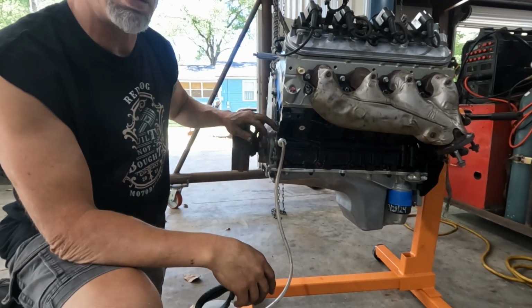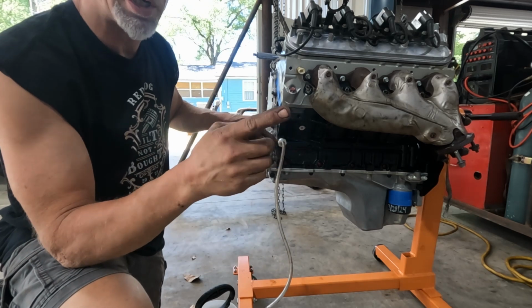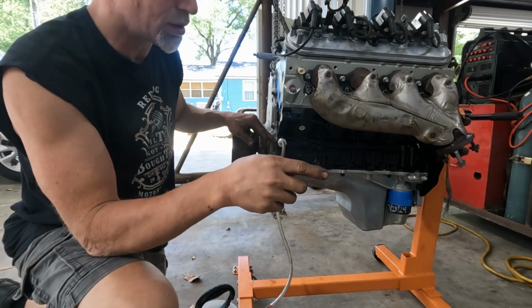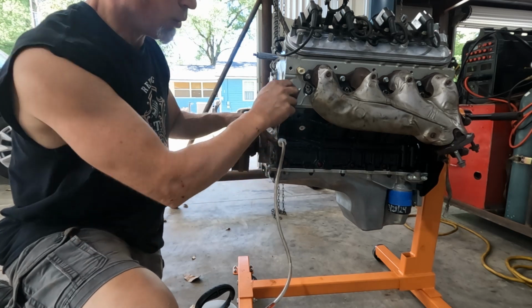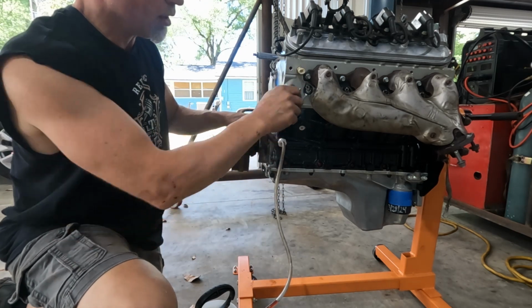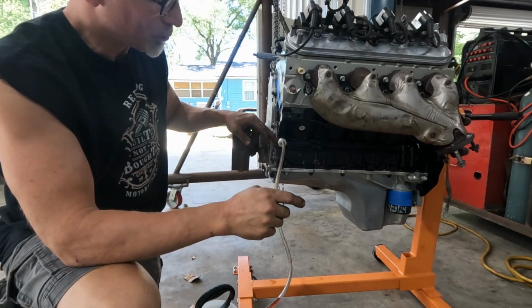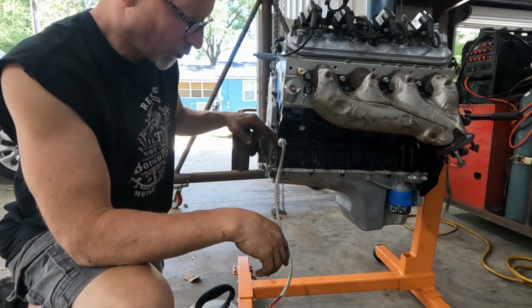But before I install it, I want to go ahead and oil this up. I told you we were going to do it 3 ways. One was I was going to pour the oil in and just get kind of a coating of oil on stuff. 2 was I'm going to pump it up. And 3, while I have the spark plugs in the holes right now just to keep debris from getting in there, they're not tightened in, they're finger tight. So I'm going to take those back out